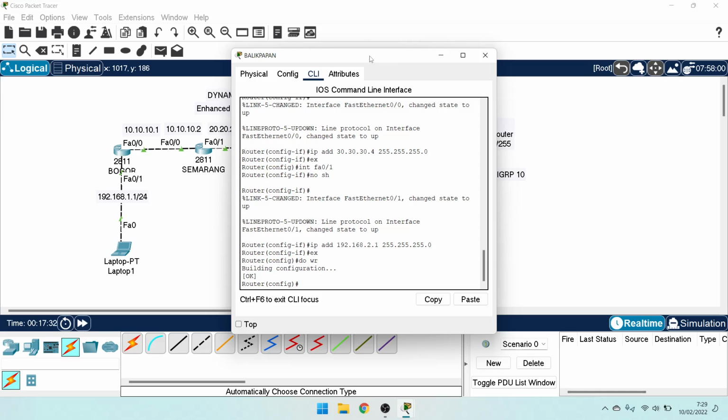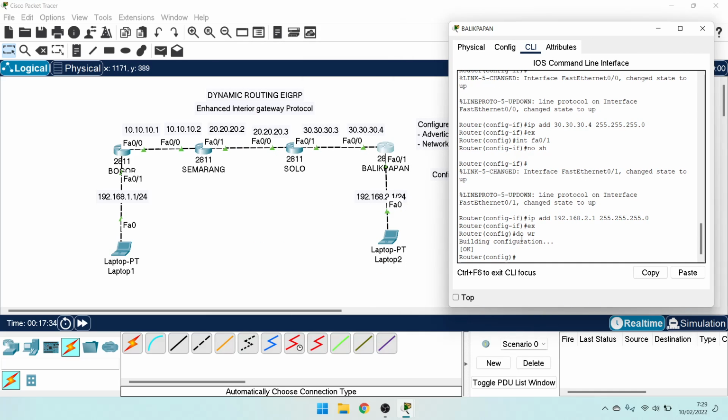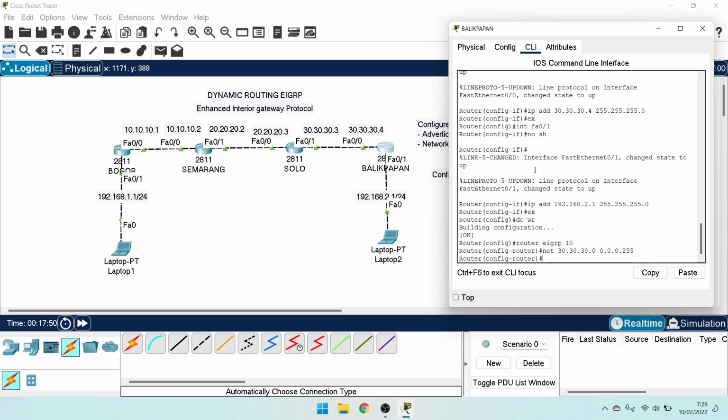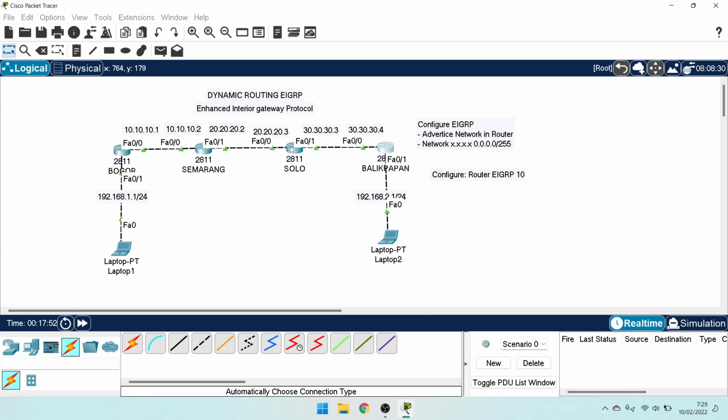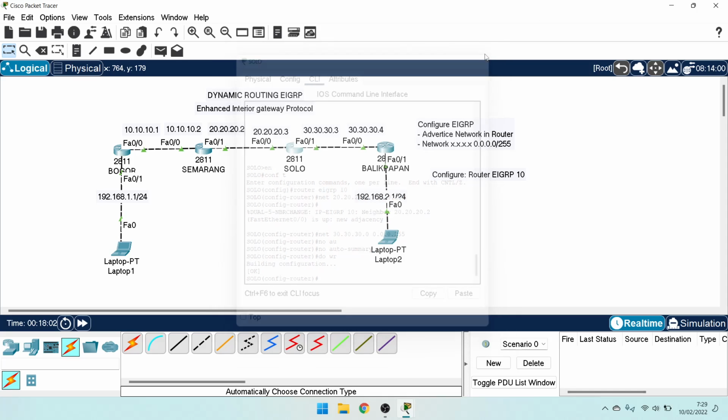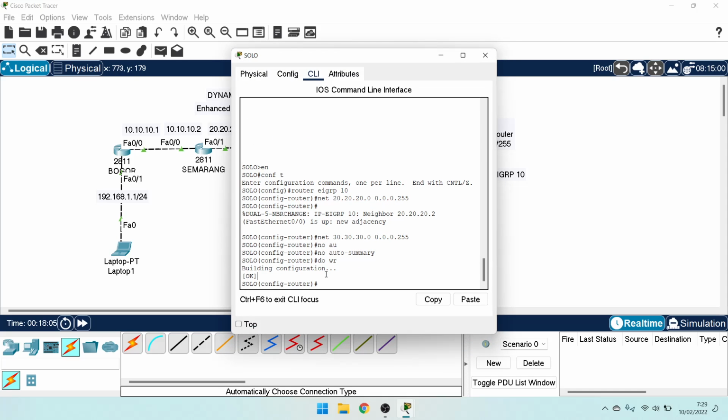The router Balikpapan advertises network 30. Router EIGRP 10 and network 30.0 and wildcard. Okay, this is the adjacency again in router Solo, network 30.